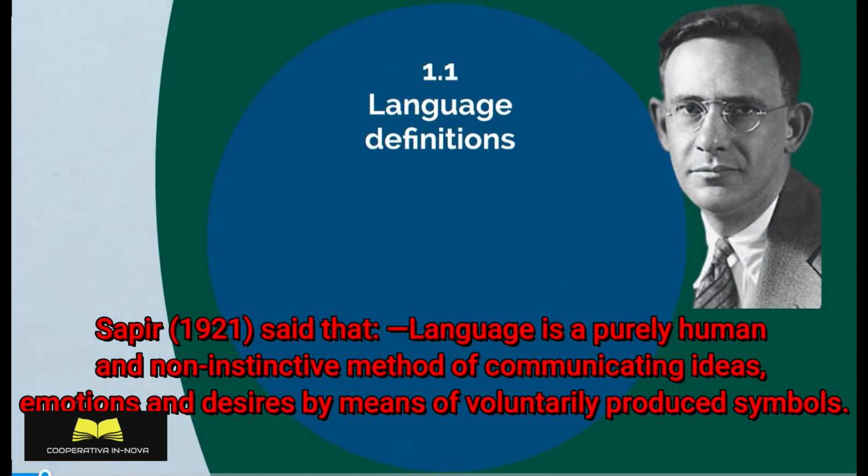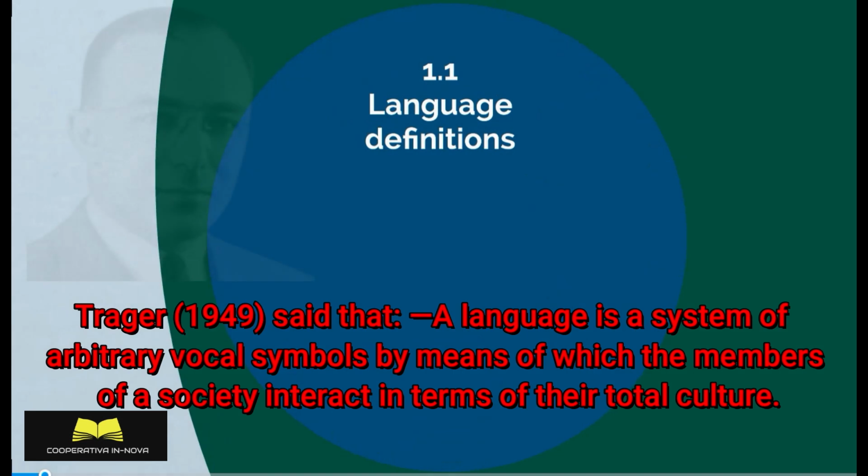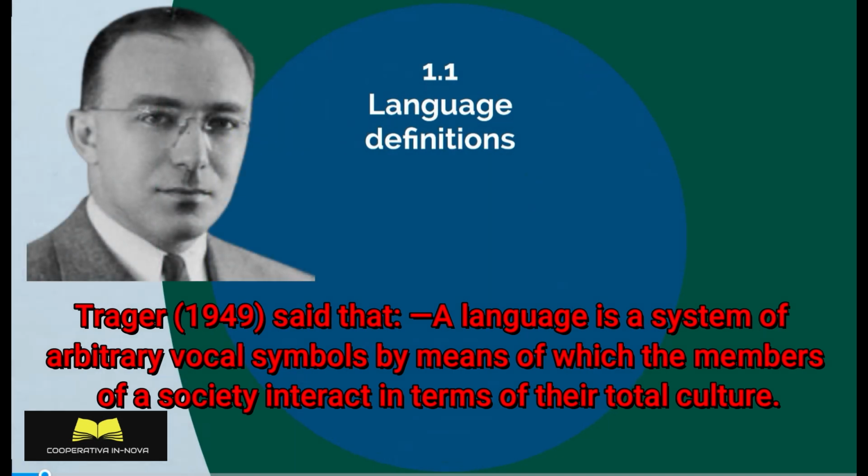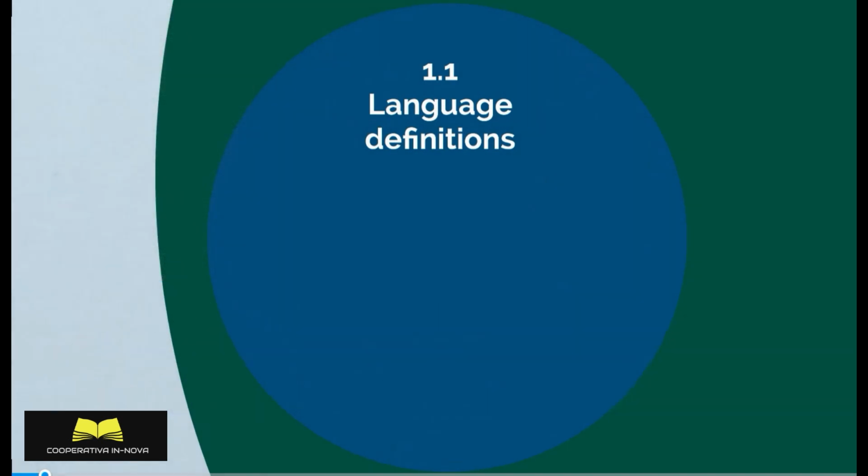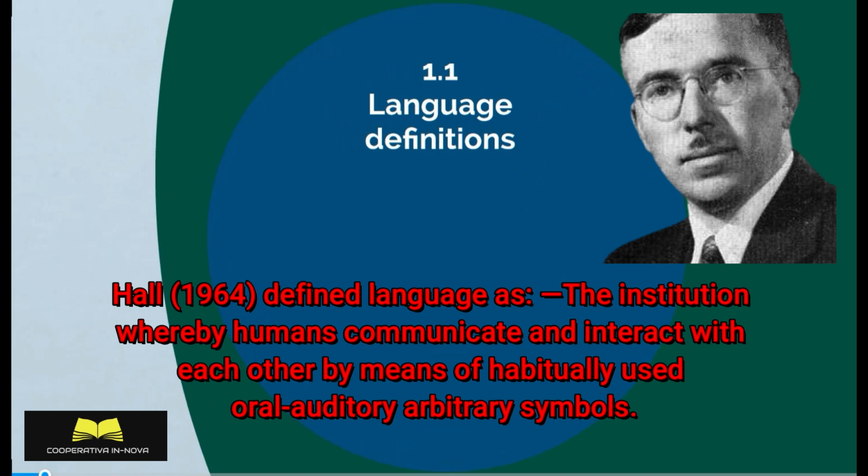Sapir, 1921, said that language is a purely human and non-instinctive method of communicating ideas, emotions, and desires by means of voluntarily produced symbols. Trager, 1949, said that a language is a system of arbitrary vocal symbols by means of which the members of a society interact, in terms of their total culture. Hall, 1964, defined language as the institution whereby humans communicate and interact with each other by means of habitually used